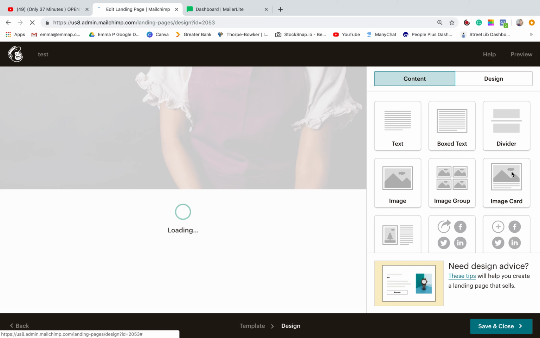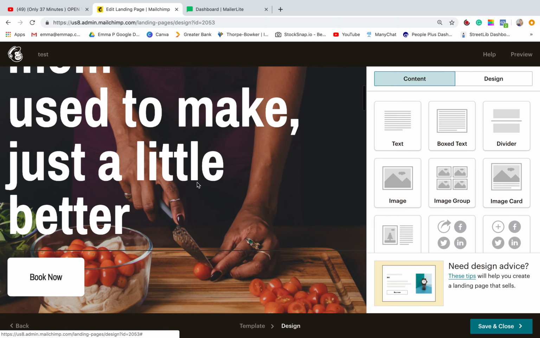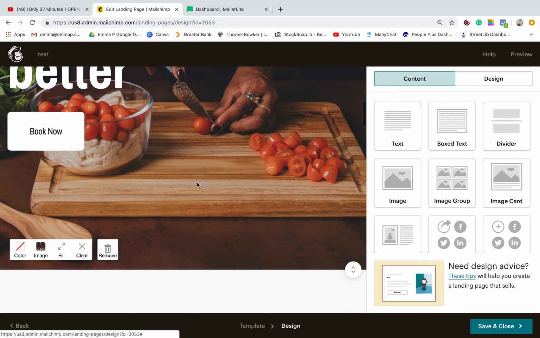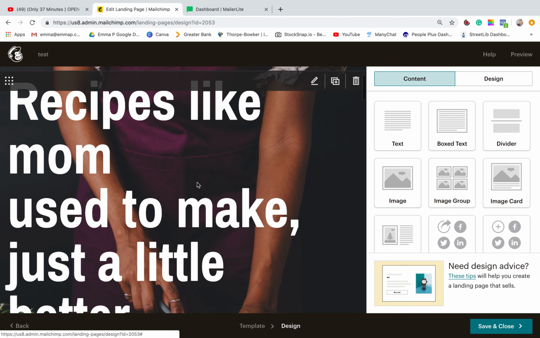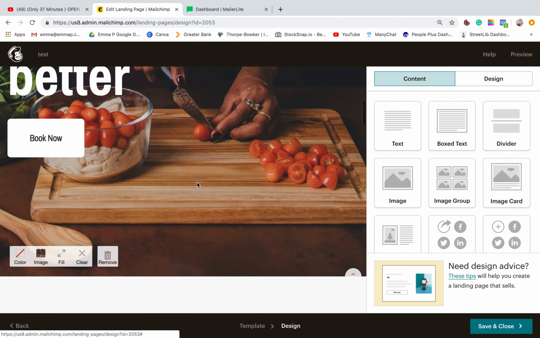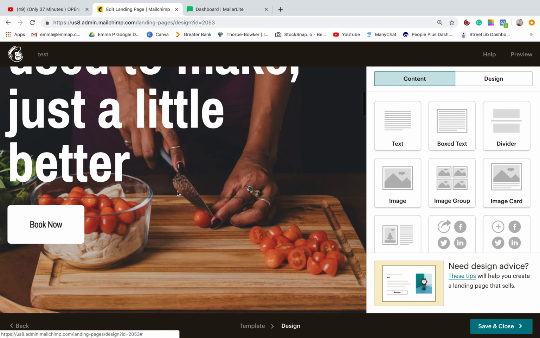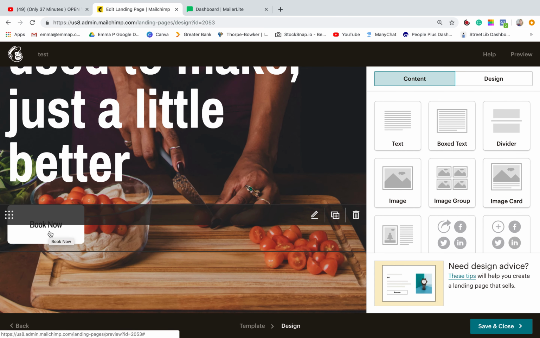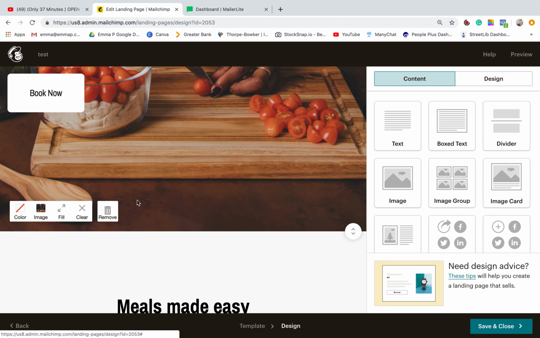And always on the right hand side is stuff that you can drag in to this landing page. So you'd use this landing page for if you wanted to give away a free ebook or a download or something, and you would send a link. I'll show you in a second. So let's pretend I'm not going to play with this, I'm going to use it, but maybe that link there is the link to the ebook, for example. And